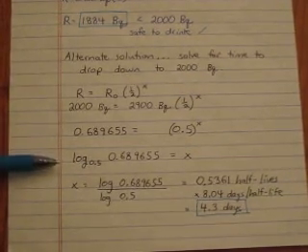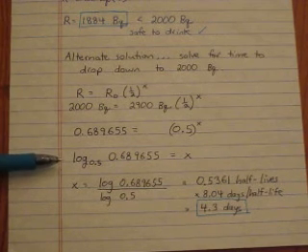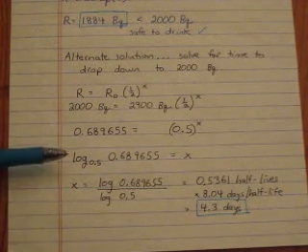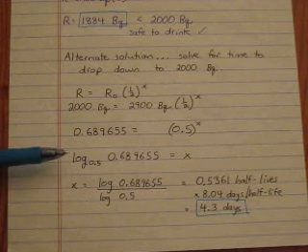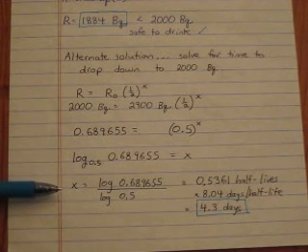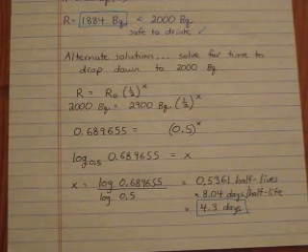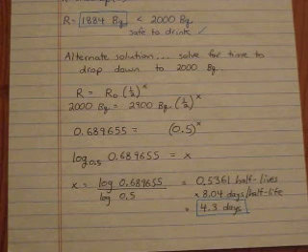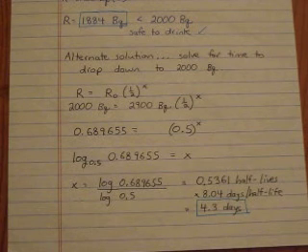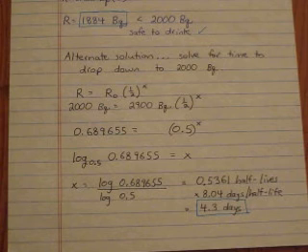So we set up a log of base 0.5 of 0.689655 equals x, and we solve this the way we did the previous problem that involved the logarithm, that x equals the log of 0.689655 divided by the log of 0.5, and we get that x equals 0.5361 half-lives